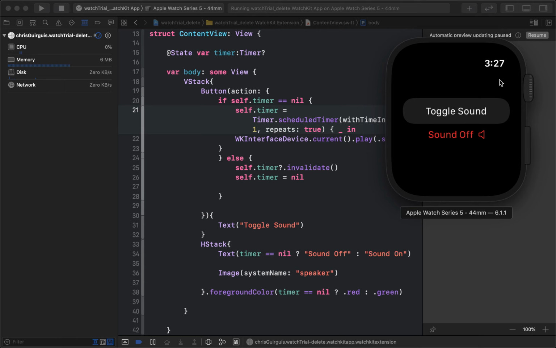Hey guys, so in this quick tutorial we're just going to talk about how to essentially use the system sounds. So we're going to be using a simple sound that is the success sound. So when I click on this button right here,